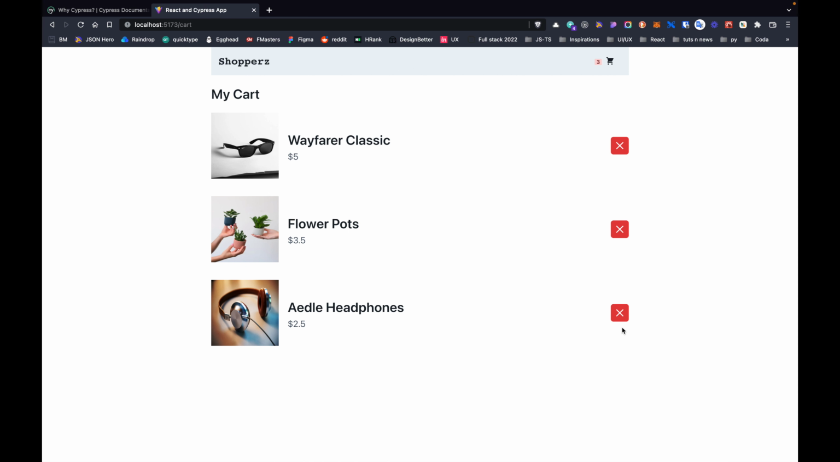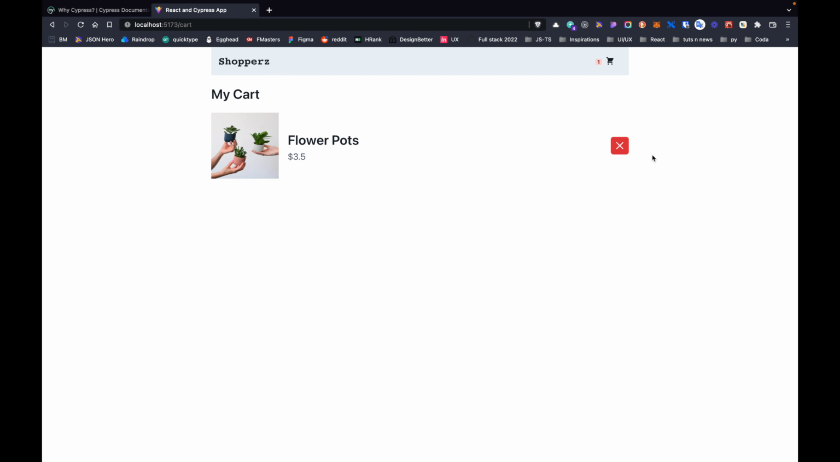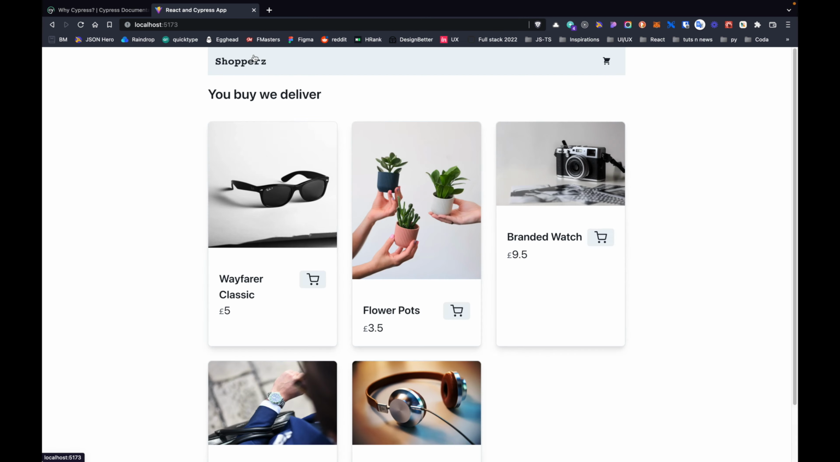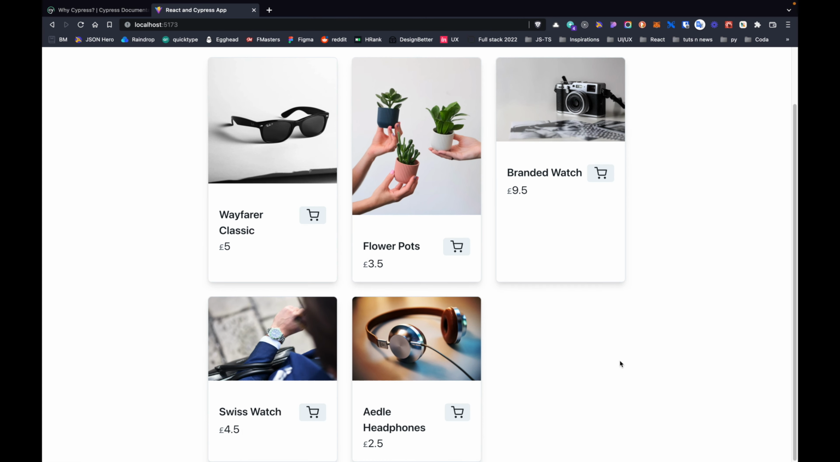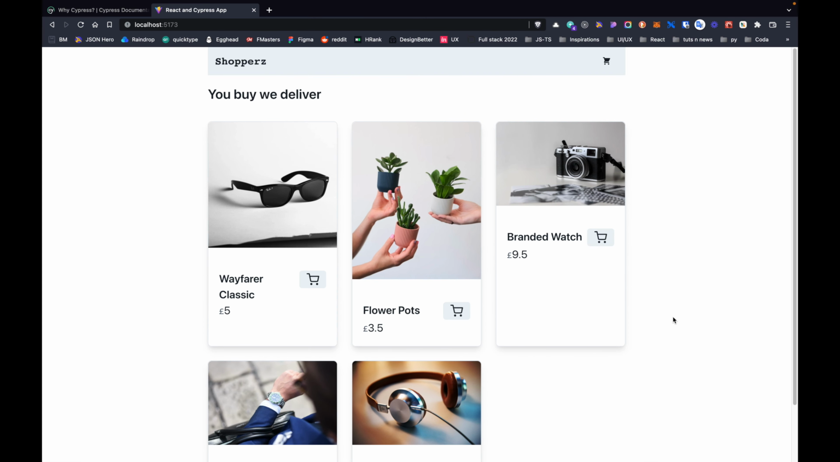No, I don't need a headphone because I already bought one. And we have the wafer classic flower pots. It's good to have flower pots on your table, but the cart is empty. All right, and we have no items in the cart, and we can still add an item and remove an item. This is that simple e-commerce application, and we'll be implementing some of the major concepts of Cypress in this